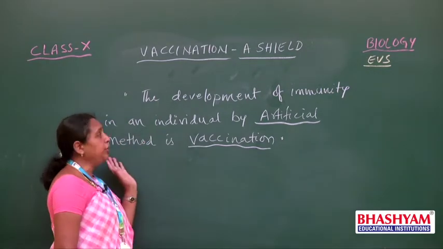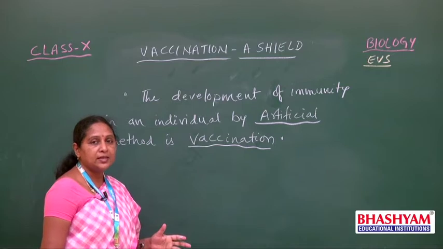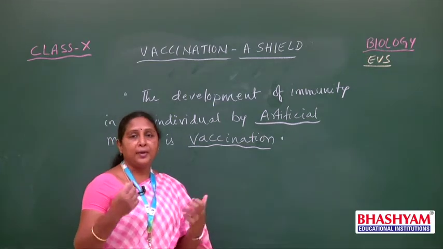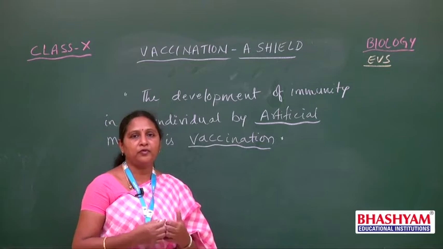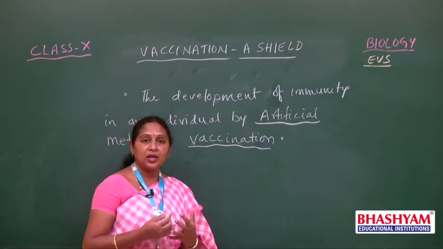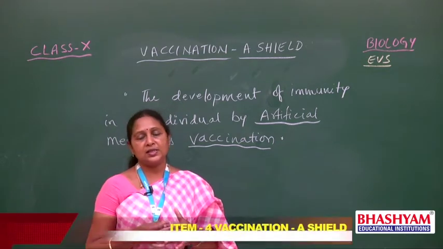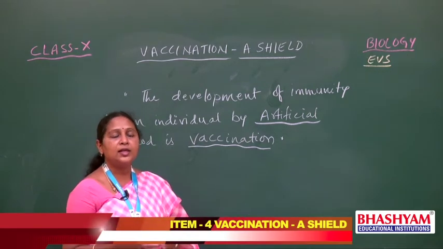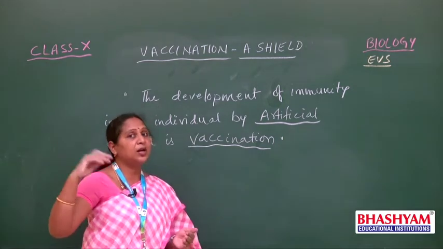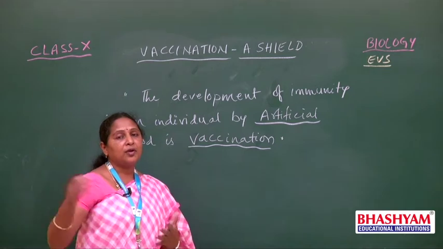The development of immunity in an individual by an artificial method is vaccination. What is vaccination? Vaccination is nothing but a process. We give artificial medicines, injections, or drops to the children to protect them from different diseases like polio, diphtheria, TB, cholera, and whooping cough. A number of dreadful diseases are there. There is a chance these diseases may attack the children. So, to protect the child from diseases which may attack in the future,